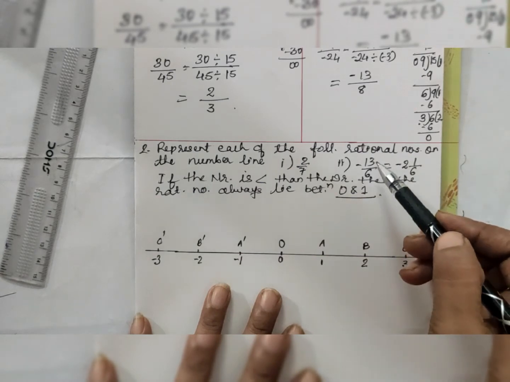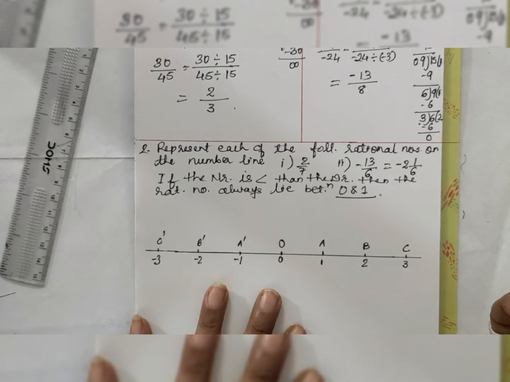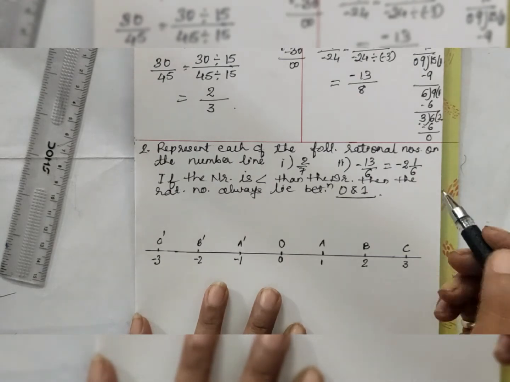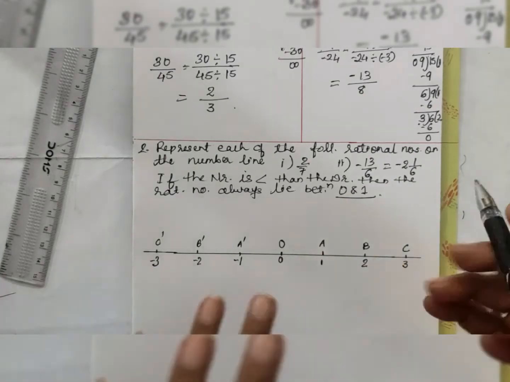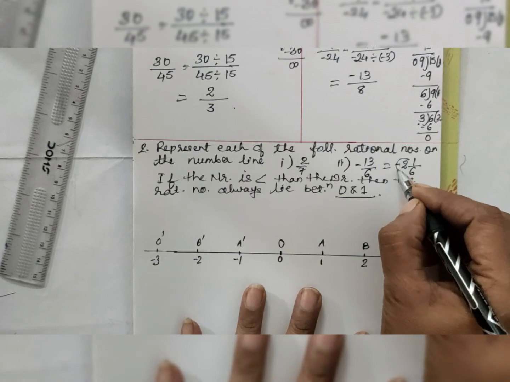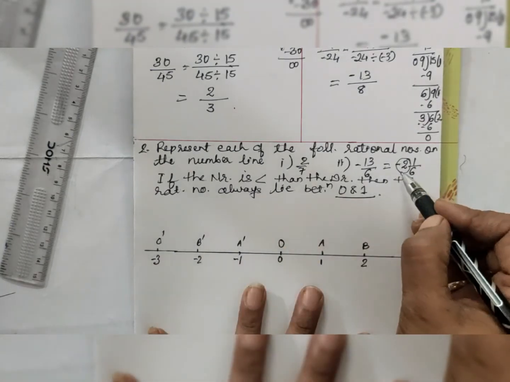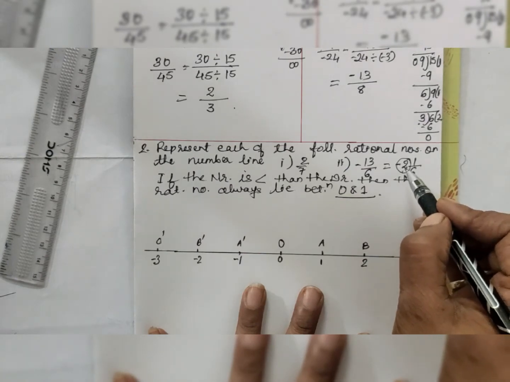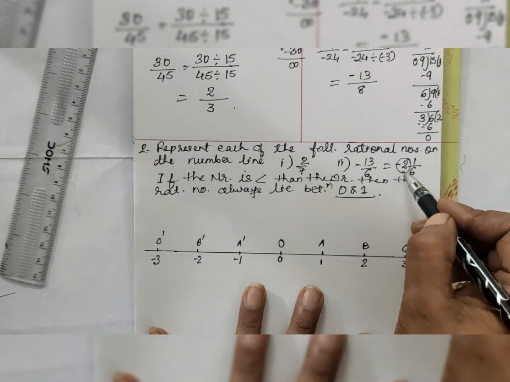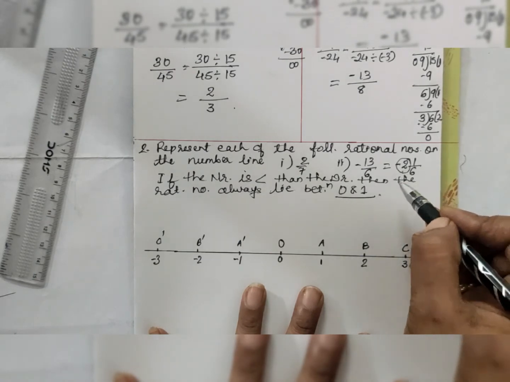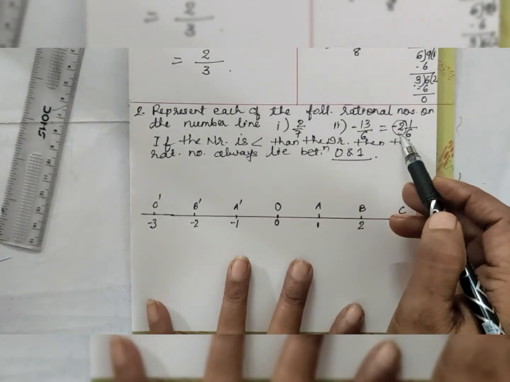Now if the numerator is bigger, you have to convert into a mixed number, and children you can see here you have got minus 2 1 by 6. It means it will lie between minus 2 and minus 3. If here you get 4, it will lie between 4 and 5. If here it is 1, it will lie between 1 and 2. As here it is minus 2, this lies between minus 2 and minus 3.